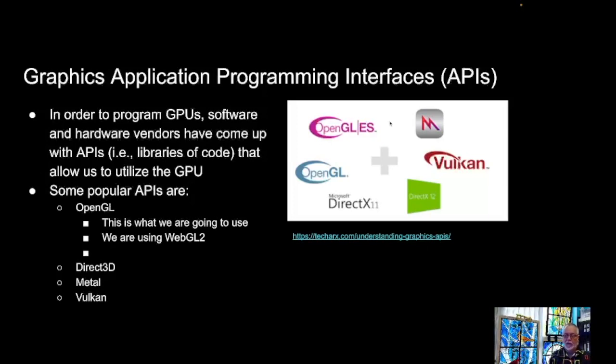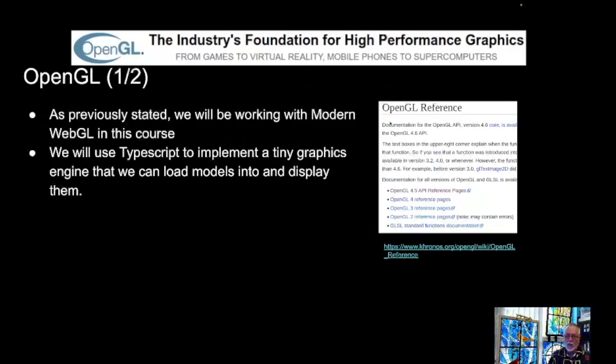As we discover inefficiencies with OpenGL, Apple introduced Metal as a better way of dealing with the hardware. The hardware didn't change underneath, just the API, and Vulkan is also a new one. We are going to be working with a modern WebGL. It's not the most modern OpenGL. You can see that OpenGL is up to 4.5. We're working in OpenGL 3, and I will highlight a little bit of the differences. But if you know how to use OpenGL 3, you are ready for dealing with OpenGL 4 and OpenGL 4.5